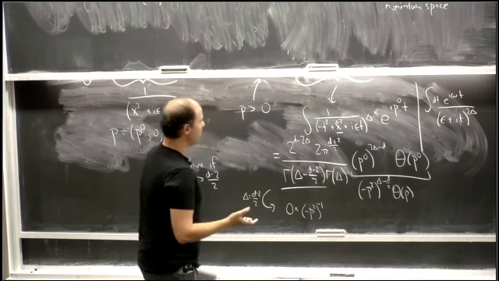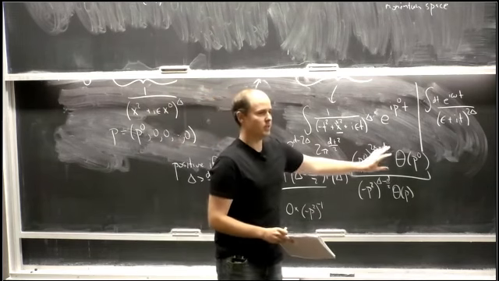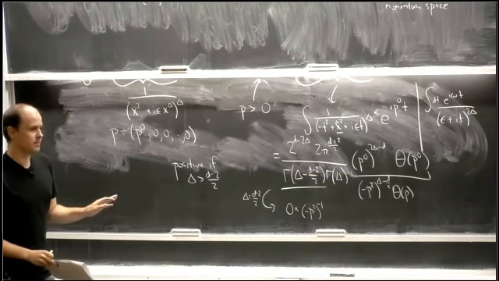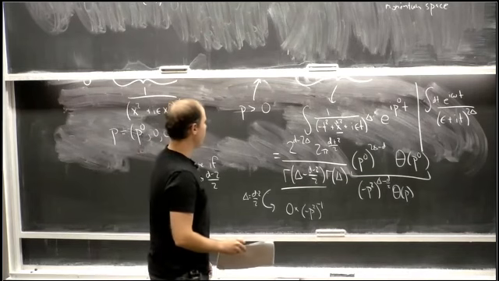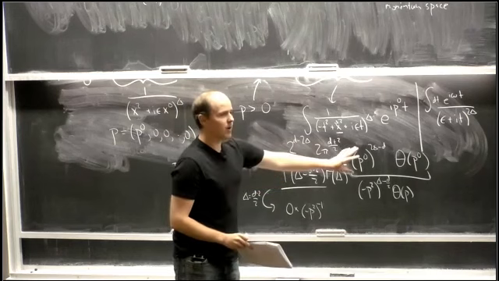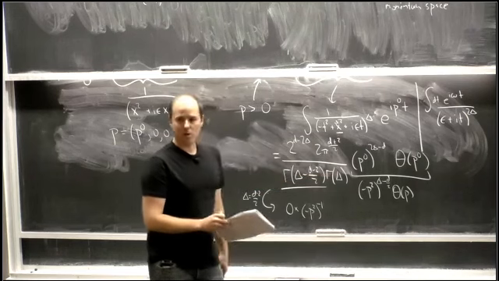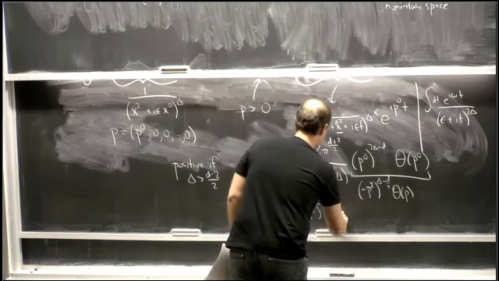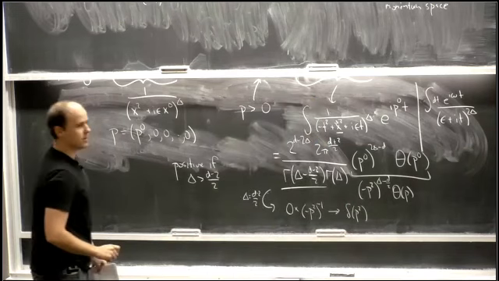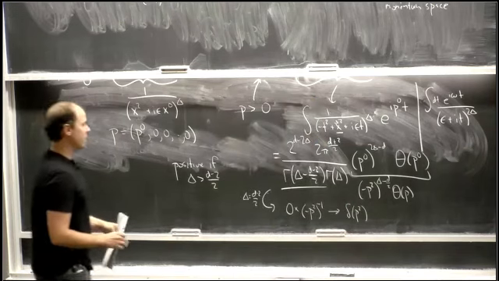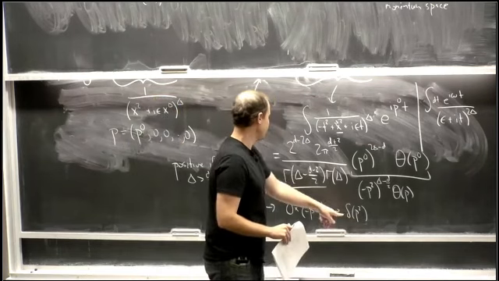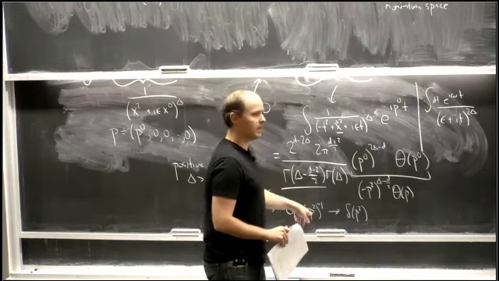What's going on is that this expression that I wrote for the answer is not a good expression anymore. The answer, whatever it is, is a tempered distribution of some kind. When delta equals (d-2)/2, this is not a good way of writing that tempered distribution. The correct answer is, you might be able to guess it, delta of p squared. Okay? So it's a delta function localized on the null cone. And as a sanity check, you can check that this, for example, has the right scaling dimension. It's the same scaling dimension as this. So this is, morally speaking, a delta function.